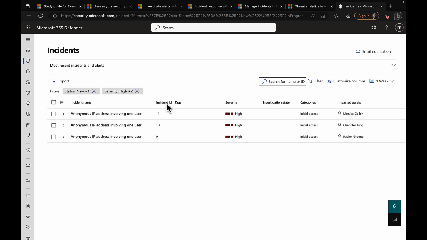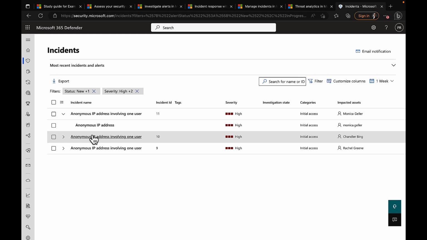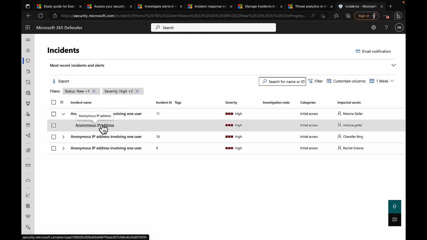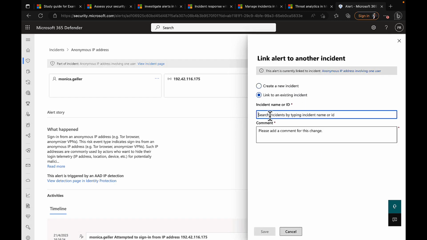So here we go, incident ID. So let's just expand these out. And so that's the Monica Geller one. So the Chandler Bing one is 10. So if we go back into Monica, we could link to another incident, link to an existing incident, and we could link to incident number 10. We can put a comment in and just put something like same category of incident, and that's just going to batch these together